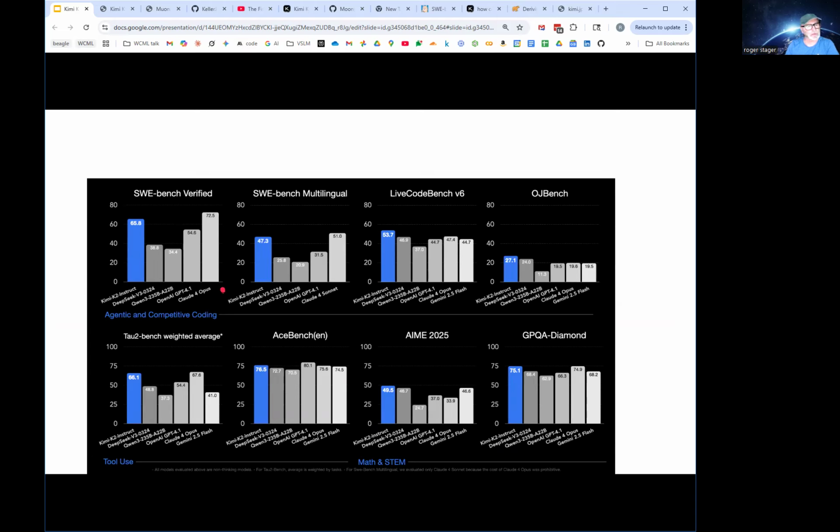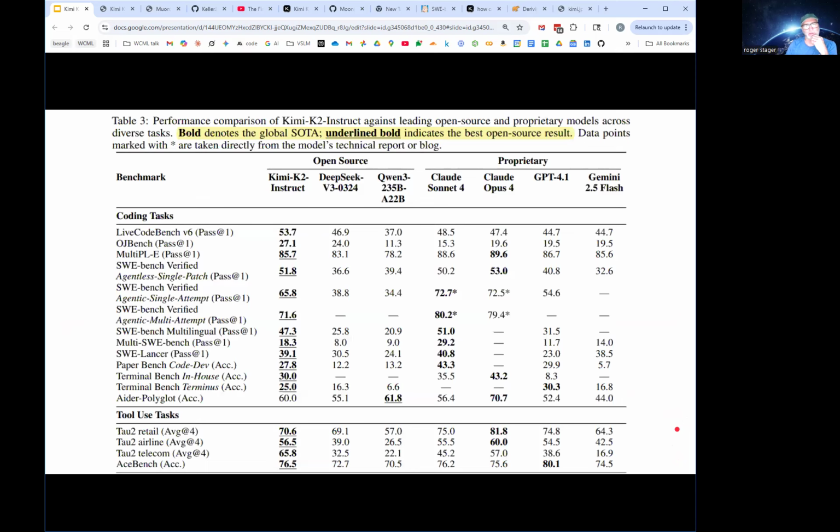There's some places, so this is Opus 4 on SWE Bench. It's not doing as good. One of the things that is a theme when they're looking through their results is that they claim to have leadership, state of the art, in the open software. We don't want to confuse that with the proprietary. So the notation is bold means I'm actually leader against all the models, open and closed. Bold underline means that I'm leader amongst the open source, but not against the proprietary.